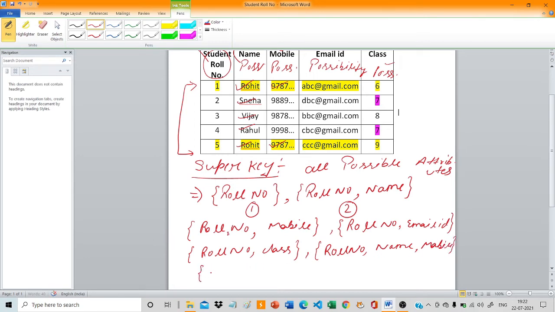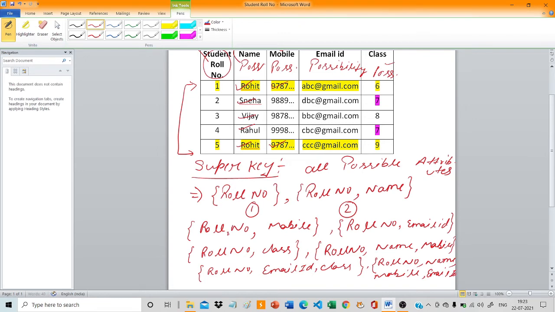Next you can take roll number, name, mobile number, which you have already taken. I'm going to take roll number, email id, class you can take. Clear everyone? Next you can take four combinations including the unique field, that is roll number, name, mobile comma email id.